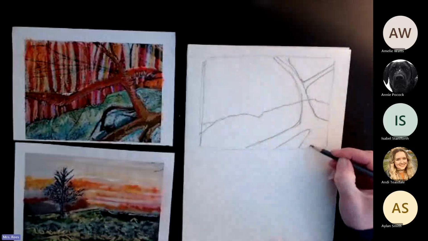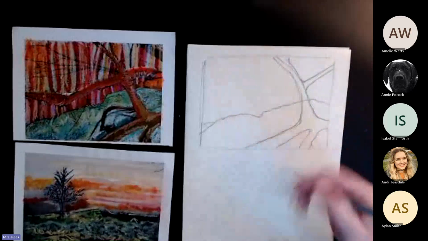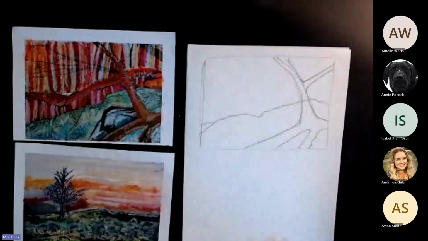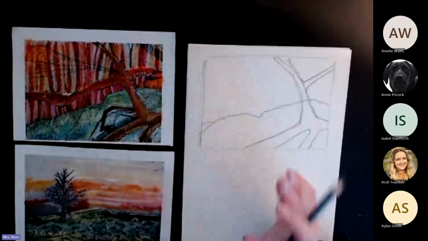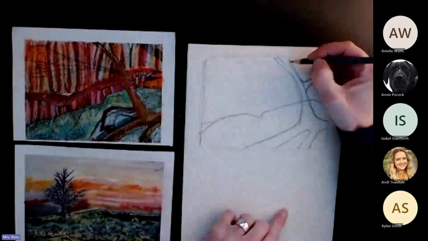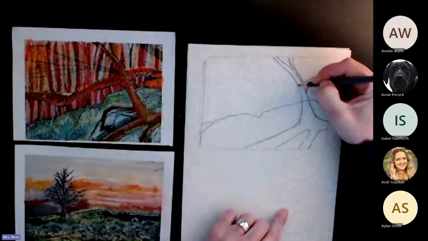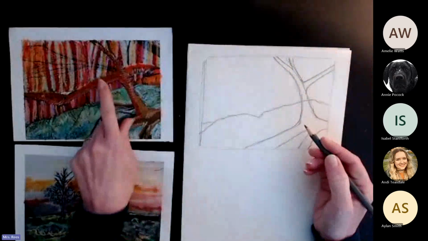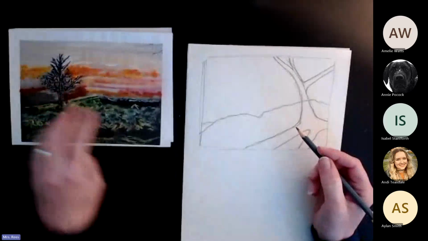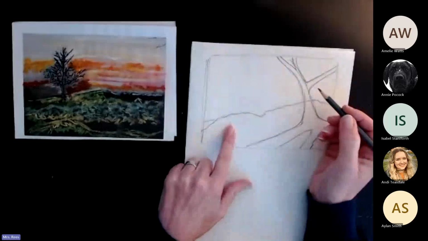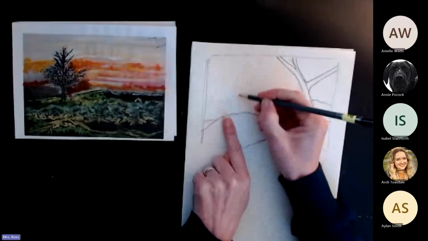It's funny, isn't it? Because sometimes if you take out the wrong things, you lose some of the magic of what you liked before, because we all looked at that and said, oh, it looks a bit magical, doesn't it? So you have got to be a little bit careful to think, well, what actually is it that's giving that feel? And I've got to make sure I don't completely take it out. So for the moment, I'm going to take out this branch. I'm going to put in this tree. I'm going to set it. I'm thinking about rule of thirds now, roughly. I set it about there,